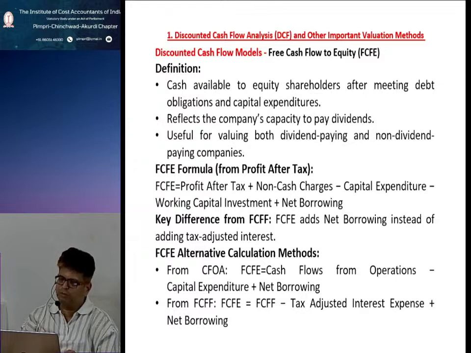The FCFE formula from profit after tax is FCFE is equal to profit after tax plus non-cash charges minus capital expenditure minus working capital investments plus net borrowing. So the key difference from FCFF is that FCFE adds net borrowing instead of adding tax adjusted interest. The FCFE alternative calculation methods: from CFOA, FCFE is equal to cash flow from operations minus capital expenditure